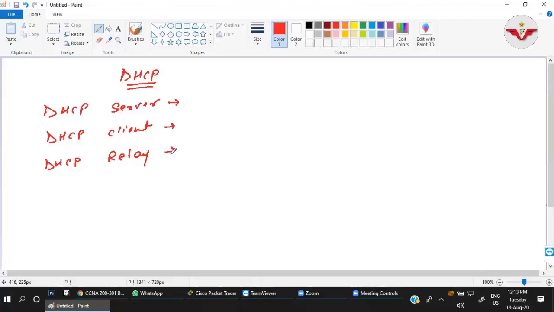Now, what are the messages used by DHCP to get the IP address from the server? In short, there are four messages sent or received by the DHCP client to get the IP address, and that is known as DORA.